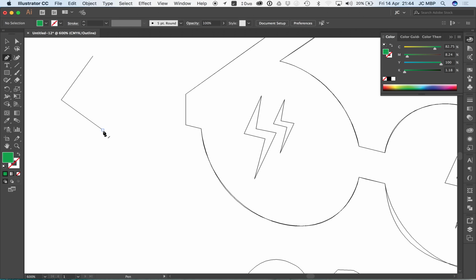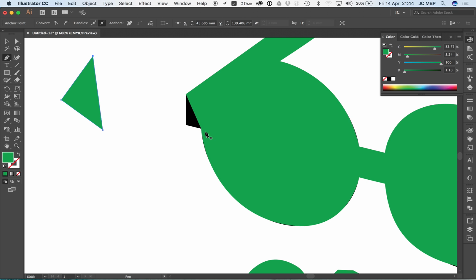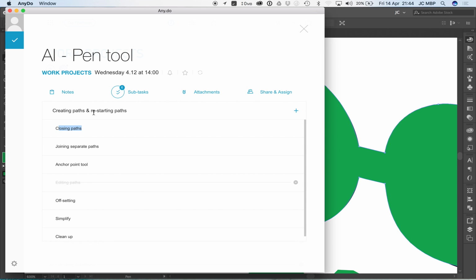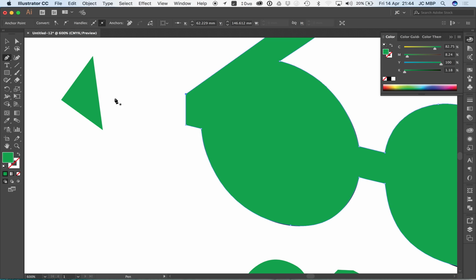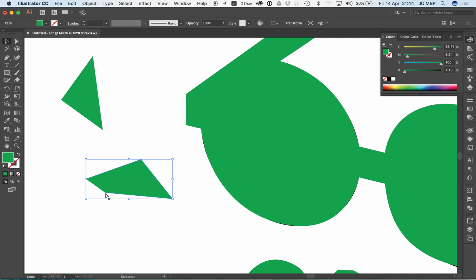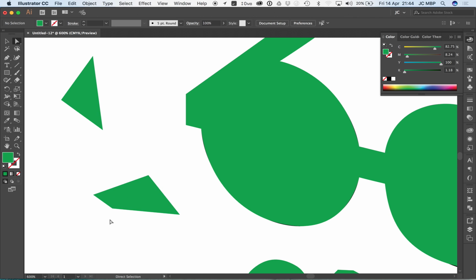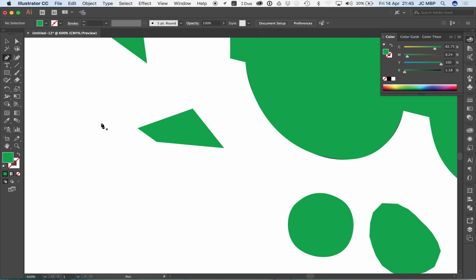By doing that, if I click this point, it's now initiating the path and I can then close it. In this instance, I can click on this and I can continue on and then close my path. So that's restarting a point, or initiating it again. Say if I've got two separate paths,